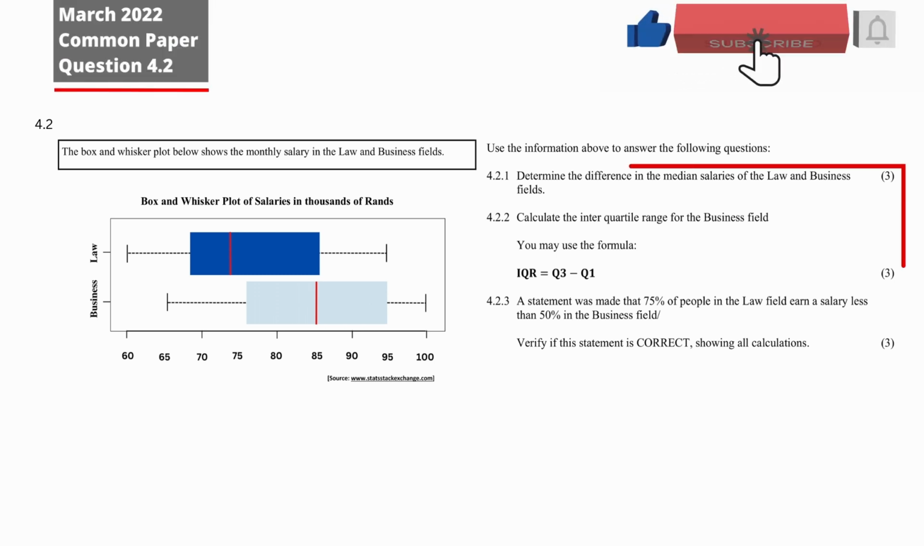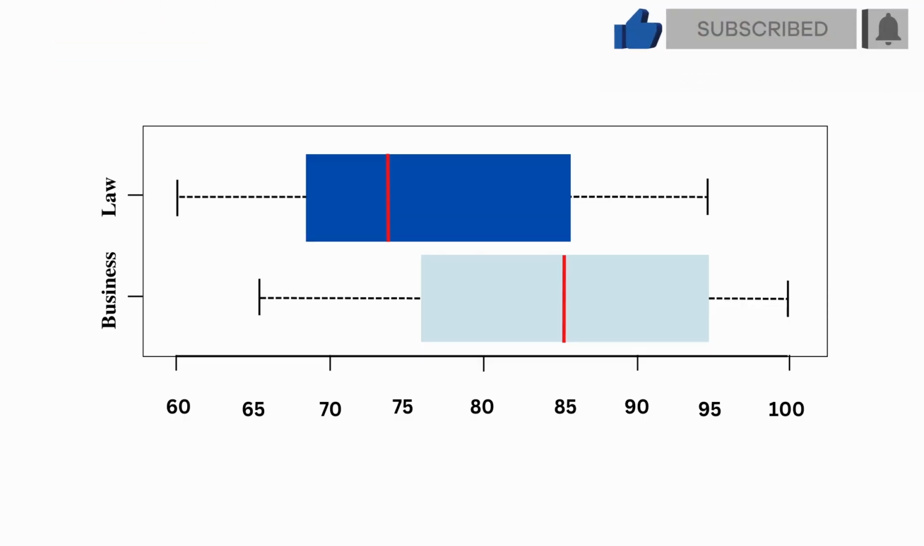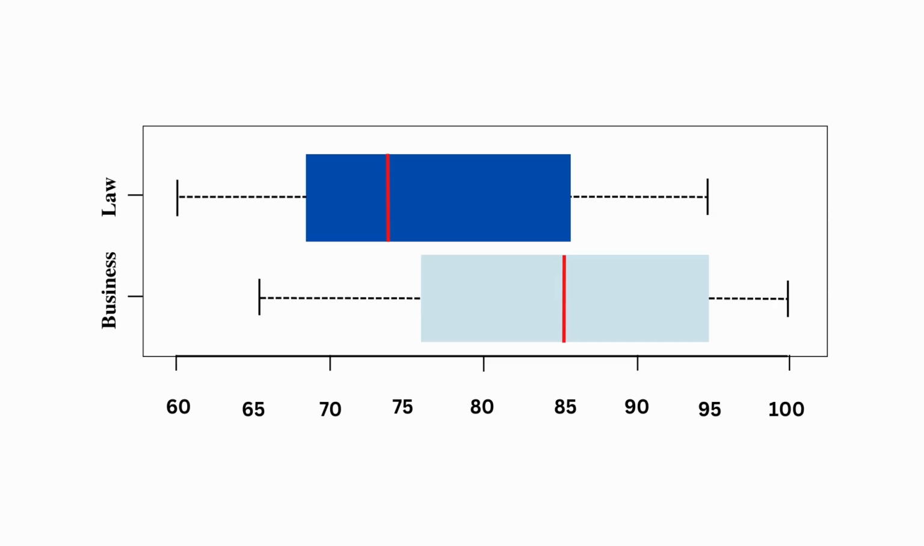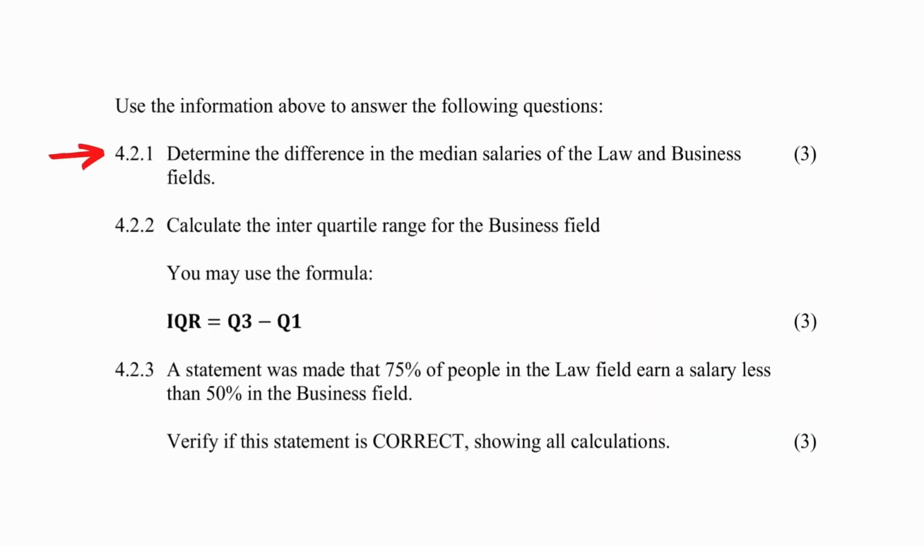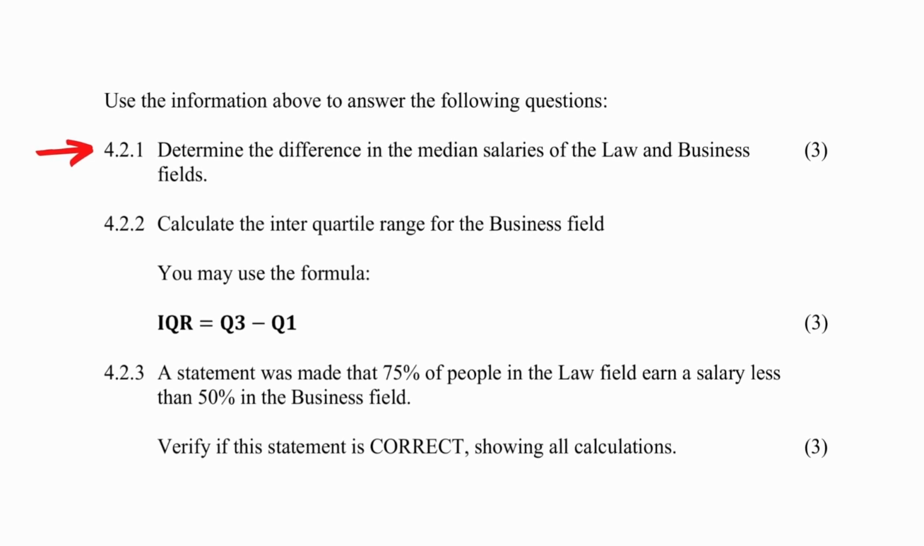Question 4.2 consists of 3 data handling questions that were designed to assess your understanding of box and whisker plots and the information they provide regarding the median, percentiles, and interquartile range. You are given 2 box and whisker plots of the salaries in thousands of rands for the law and business fields. In question 4.2.1, you are instructed to determine the difference in the median salaries of the law and business